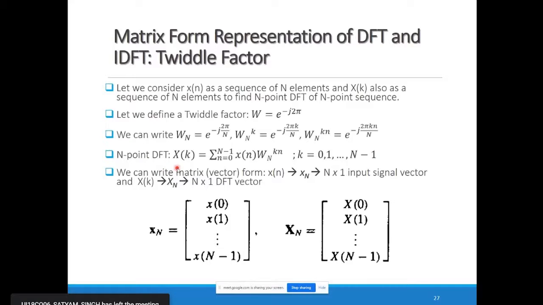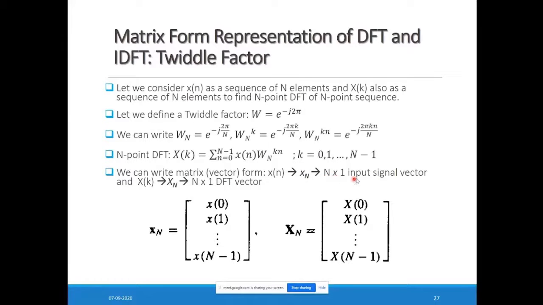So our equation to obtain the N-point DFT is now represented as X of k is equal to sigma n equal to 0 to capital N minus 1, x of n, W suffix N raised to kn, where k is 0 to N minus 1. So we can write the same thing in a matrix form or in a vector form, because when we represent this N cross 1 thing, it is represented as x of n. Here we represent this x of n in bold letters, x suffix N,